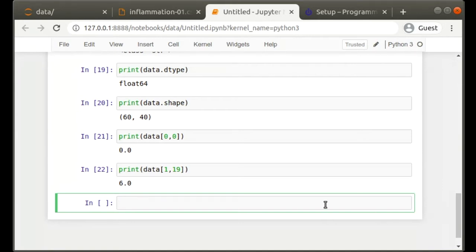Also, we can get a subset of the matrix. For example, you have seen that we have 60 patients and 40 days, but imagine that you want to have the first 10 patients. How you can do that is you can have